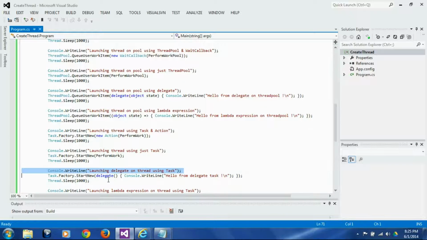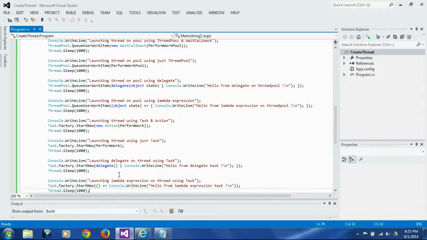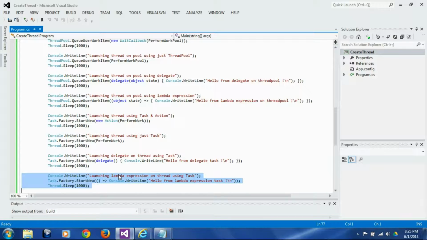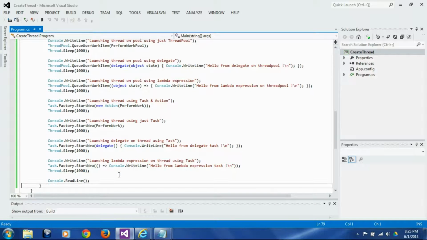In the next block, we are creating a delegate and launching it on a thread pool using the Task class. So here this delegate, which is not taking any parameter and not returning any value, will be launched on the thread pool by this call to the StartNew method of the Task class. Going to the next block, it is simply a variation of the previous block wherein we are using a lambda expression. We are launching a lambda expression on a thread on thread pool using the Task class,